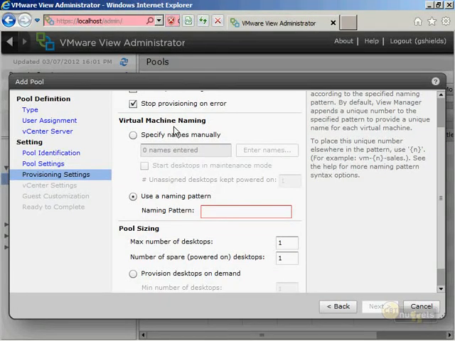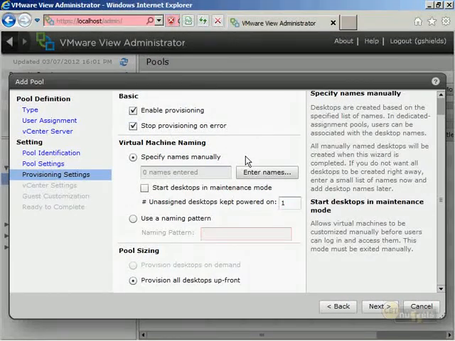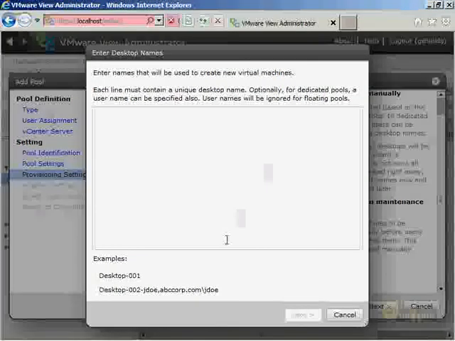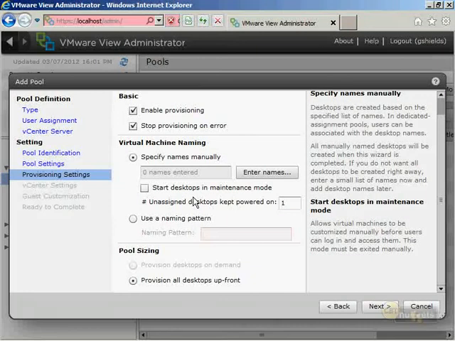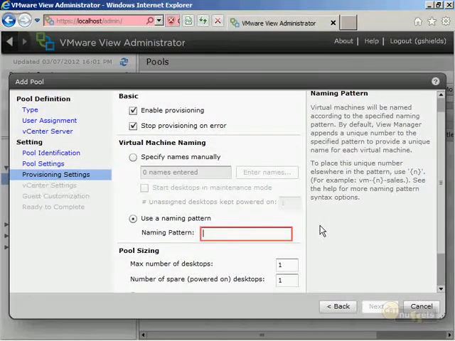So typically in these automatic naming circumstances, we don't specify the names manually. Okay, you can. As you can see down here on the bottom, you can identify desktop 002 Joe in abccorp.com with the /jdo account. Okay, you can actually do that. That's how you would create that direct user-to-computer mapping. But really what I'm looking for, in a floating world, is not so much mapping a user to a computer, but instead creating some sort of naming pattern. Okay, maybe this is going to be